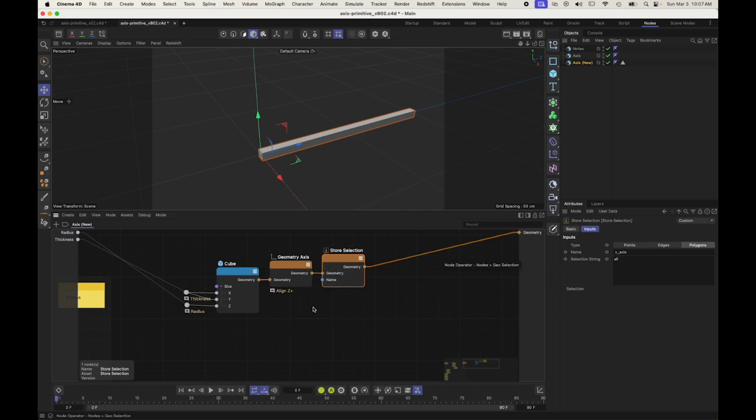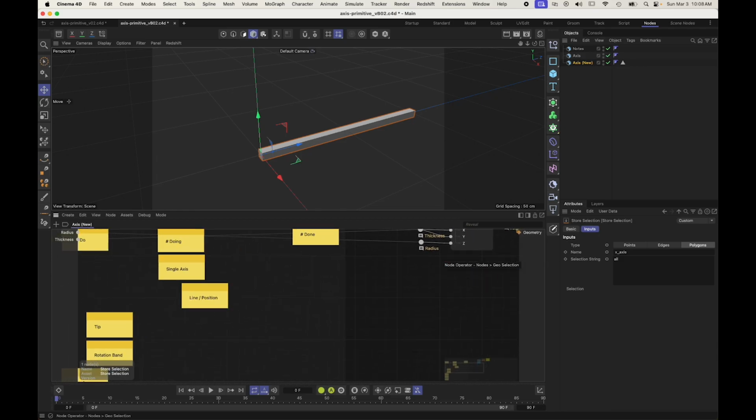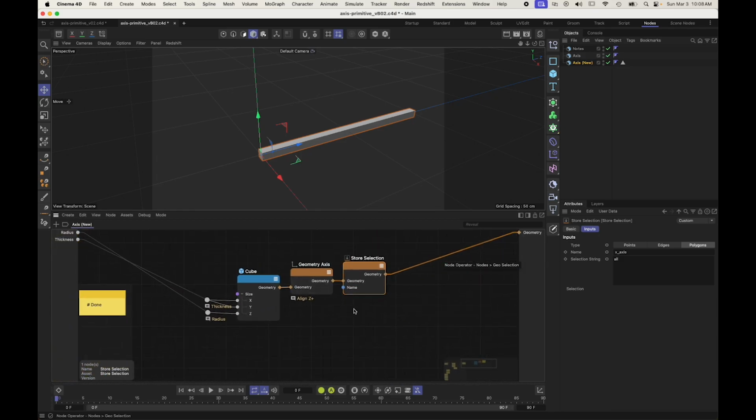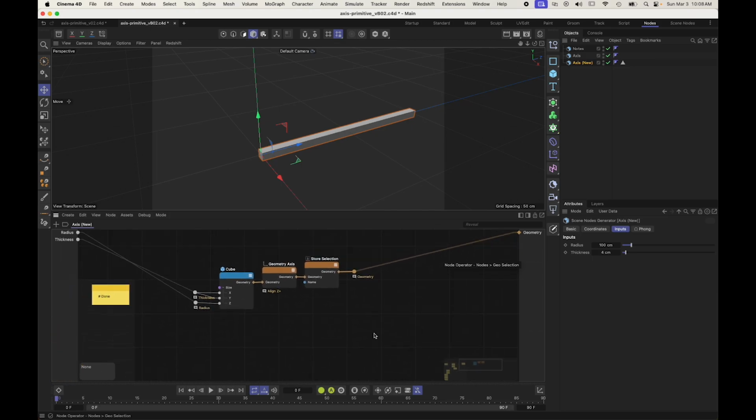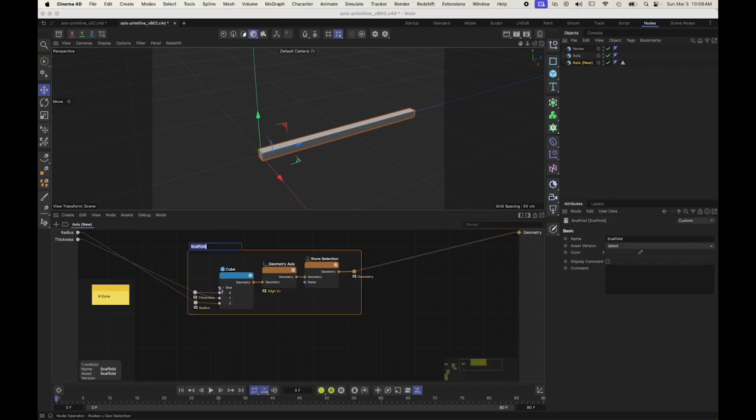and you may or may not want to put this into a group, or you might just copy and paste this a few times. It really depends on how modular you want things to be and how many times you want to edit things. So I think I plan on making a few of these, so I think it'll be easier for me if I group this. But for now, let's just put it in a scaffold as sort of an intermediate step